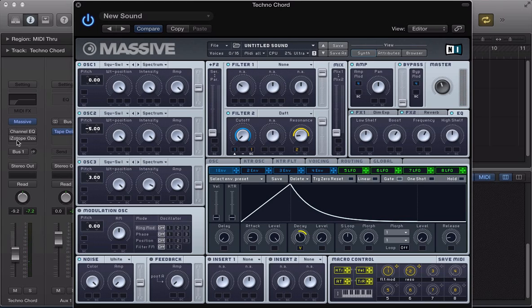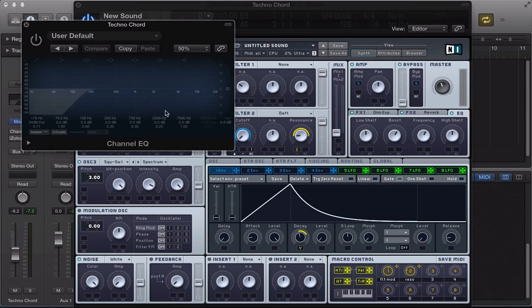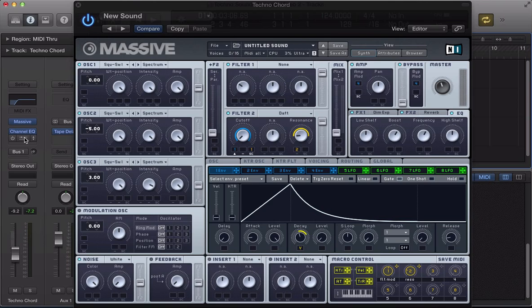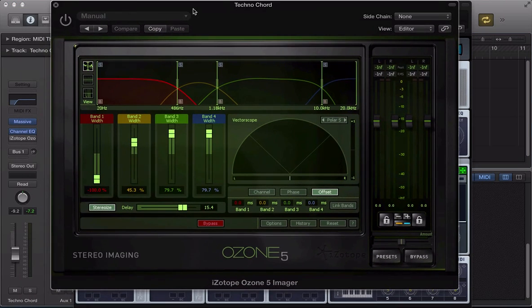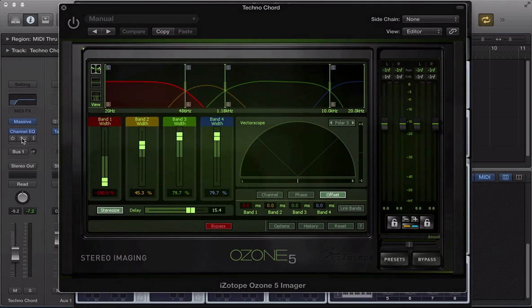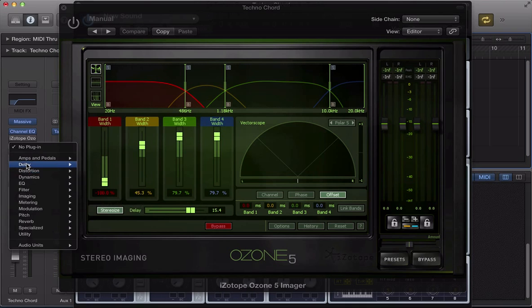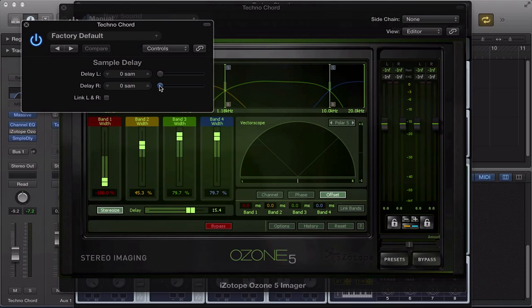So let's get into some of the processing here. I've got this channel EQ. You'll notice at the start of the video I'm playing this alongside a bass sound, so I'm rolling off some of that low end there on the EQ. And I've got this iZotope Ozone Imager on here as well. In some of the previous tutorials, to quickly apply a bit of stereo width to a sound, I've used this sample delay, which is great for